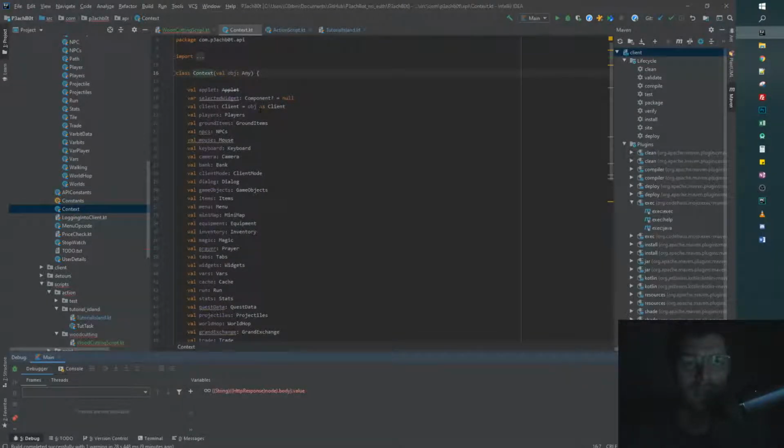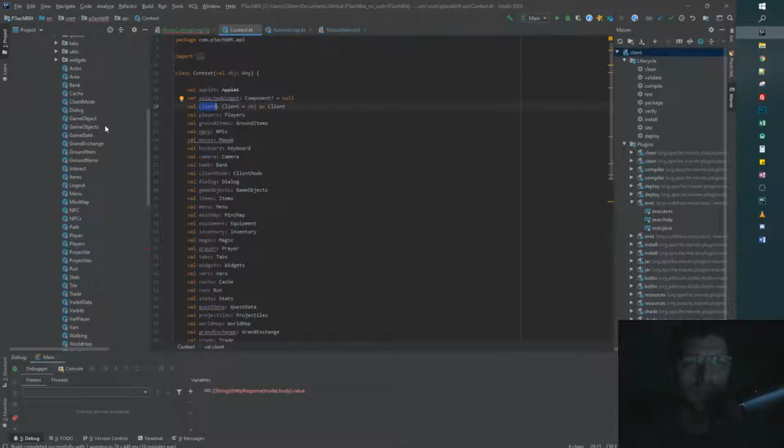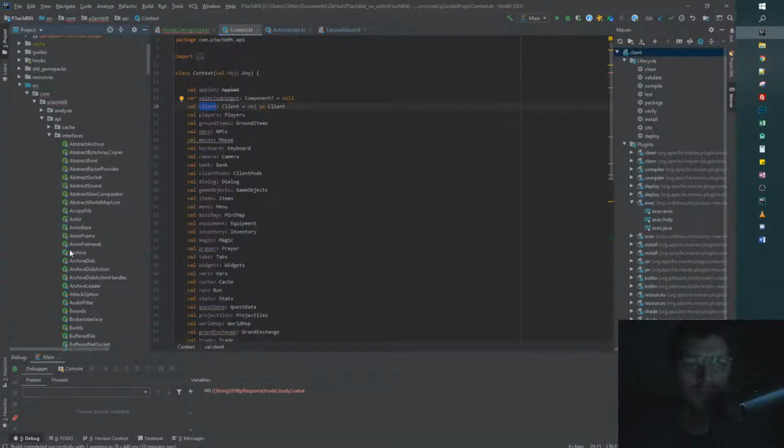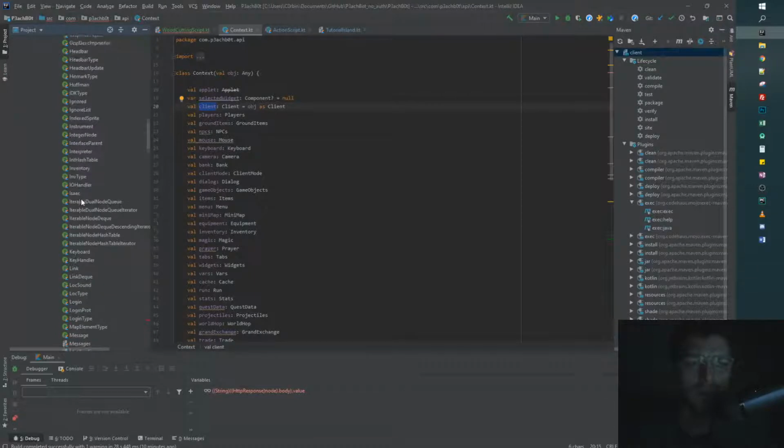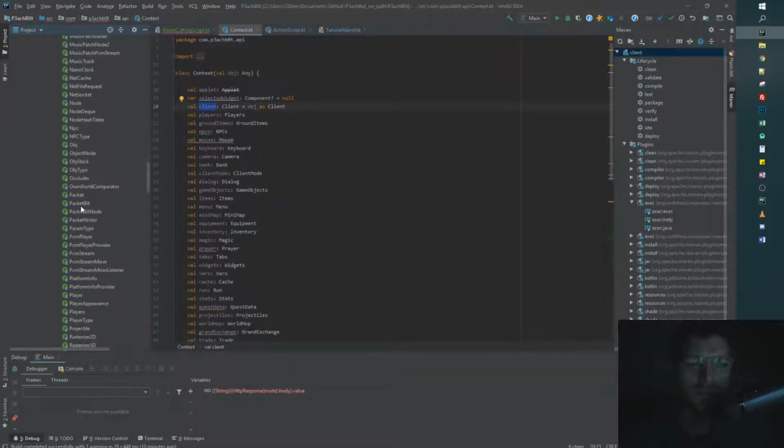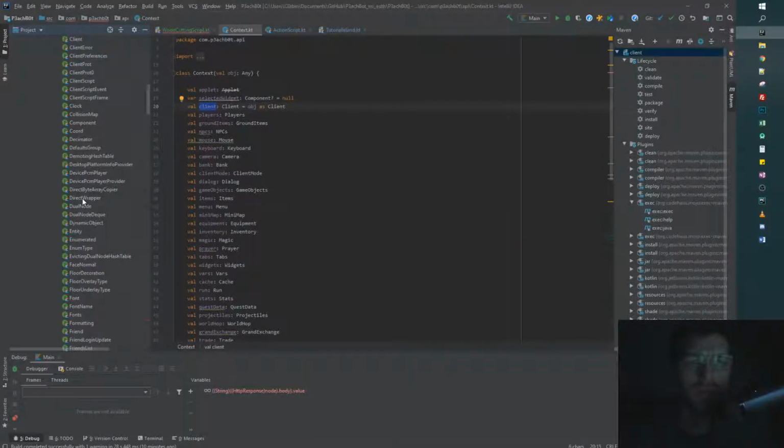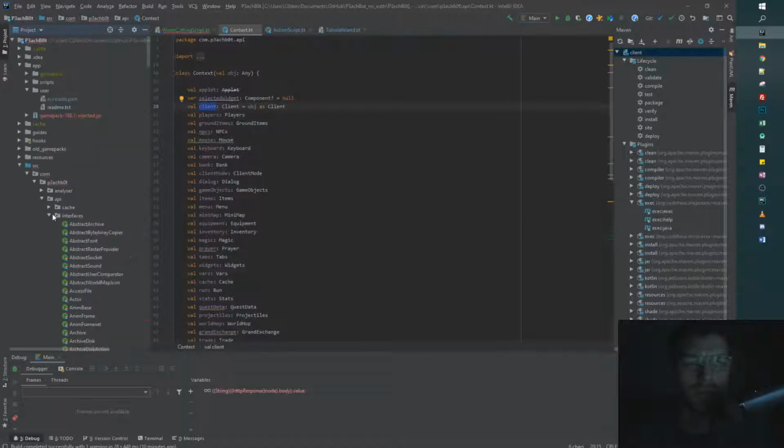Client, players, ground items, there's lots of different things. The client is actually the interfaces. There's an interface folder. This is like the raw data, and it can be a little bit confusing to understand all of this stuff. So you can go in there, but we can also focus on just the wrappers to make it really easy